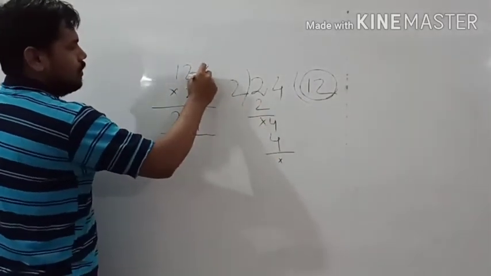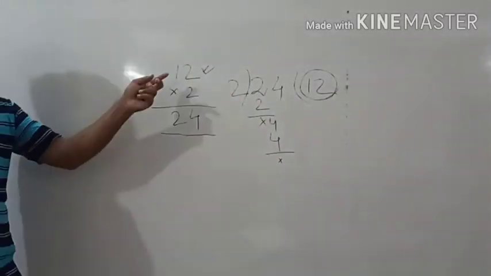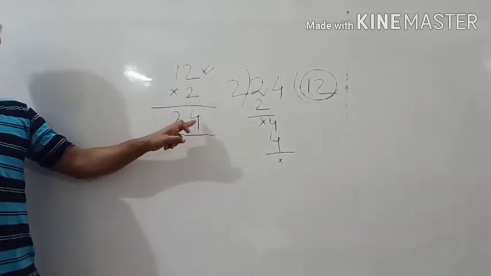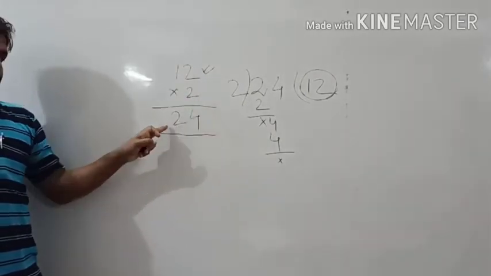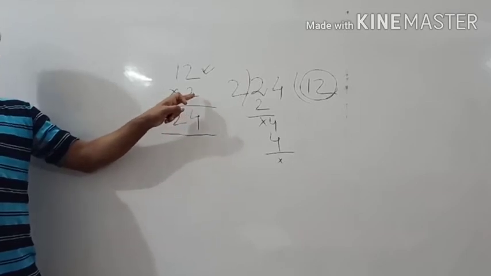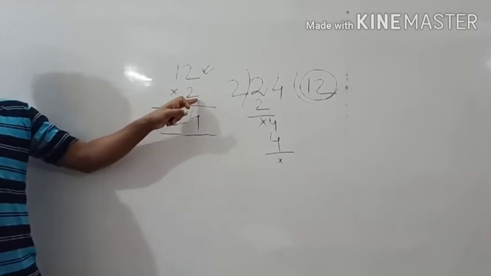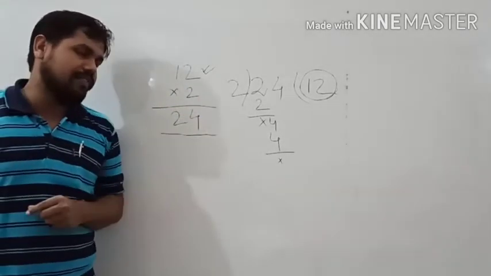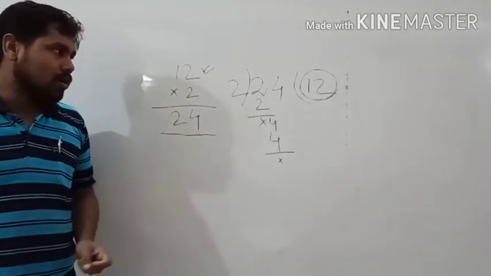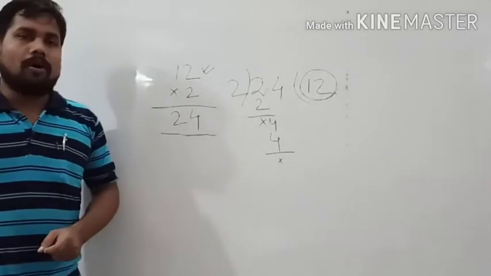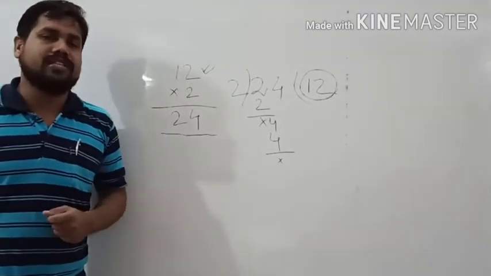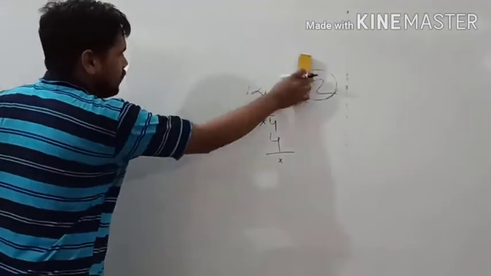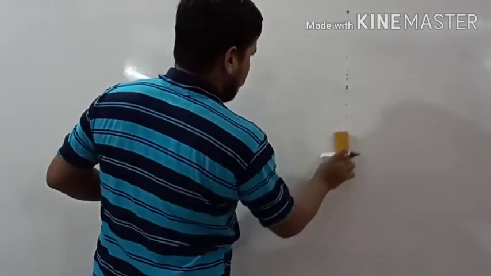So in case of any multiplication, if you divide the result, the product you are getting, by the number which you are multiplying with, then you will get this number. So this is how you can verify the multiplication also. Now, we are going to learn about the verification of division in this video. So let us learn how we can verify the division of numbers.